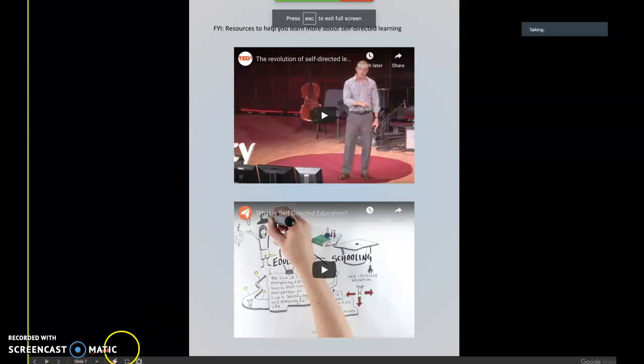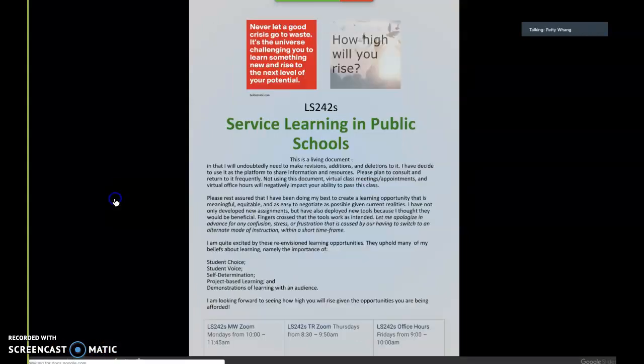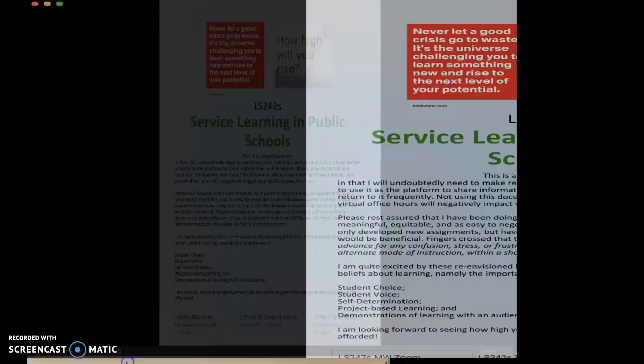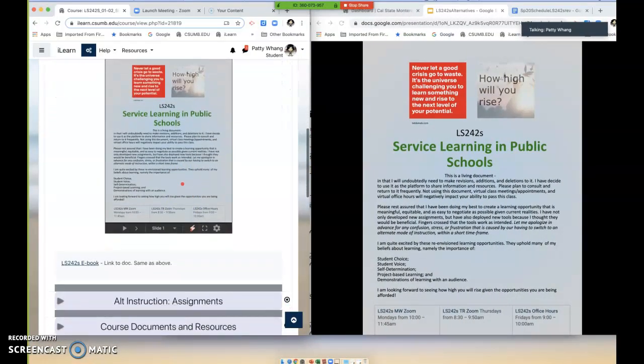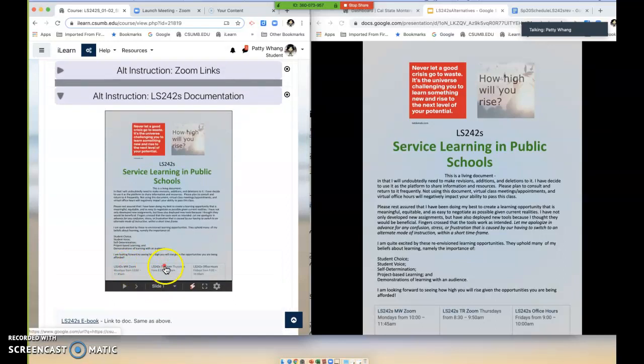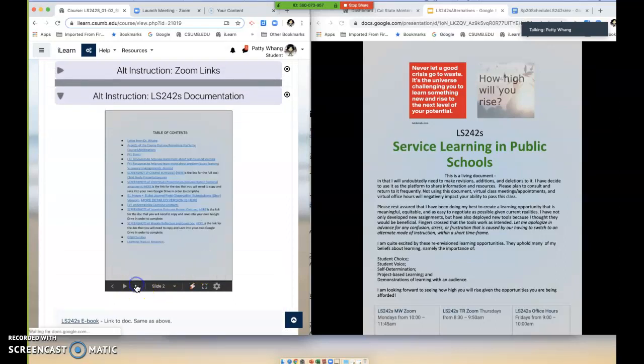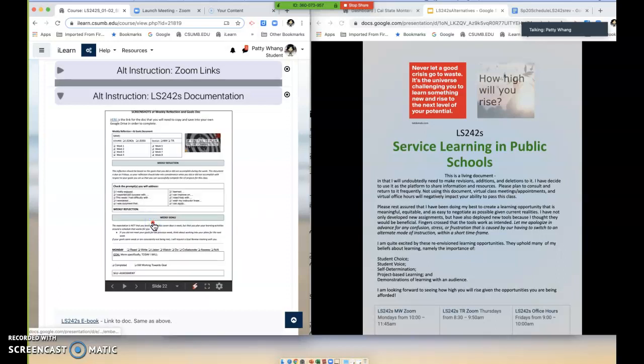The other thing that I've tried to do is, one of the nice things about this ebook, which is basically a glorified PowerPoint, is that I can put links into it. And so these things here for the Zoom meetings are all links. I have also used the links to create this table of contents, which is another way that you can navigate it. So for example, if you want to look at the weekly reflection and goals doc, this is the link that will take you here.